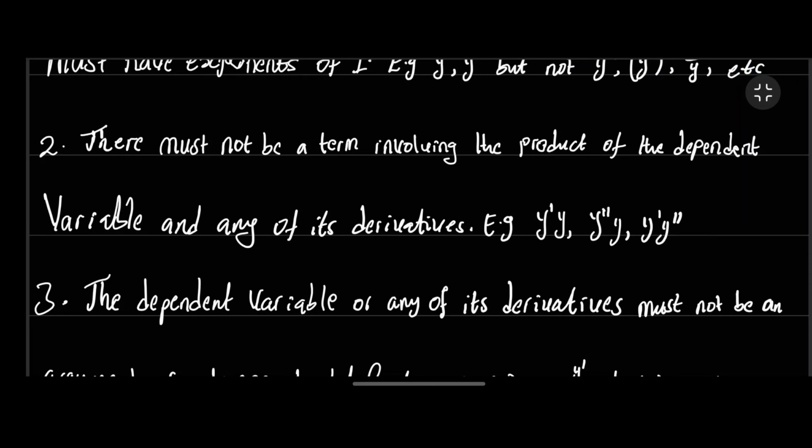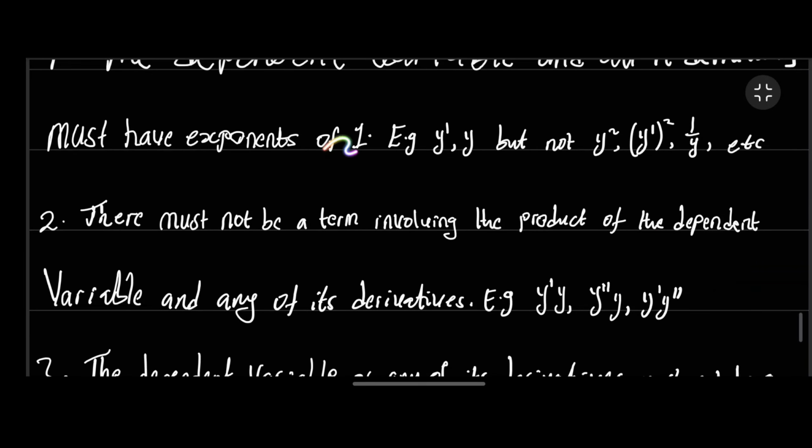The second condition for an ODE to be linear is that there must not be a term involving the product of the dependent variable and any of its derivatives. So, for example, you should not have the first derivative multiplied by the dependent variable itself, and you should not also have the second derivative, as well as even the derivatives themselves multiplying each other. And if you do this, you violate one part of the rules in this. If you have a product of the dependent variable and its derivatives, or the derivatives with themselves, you will end up having